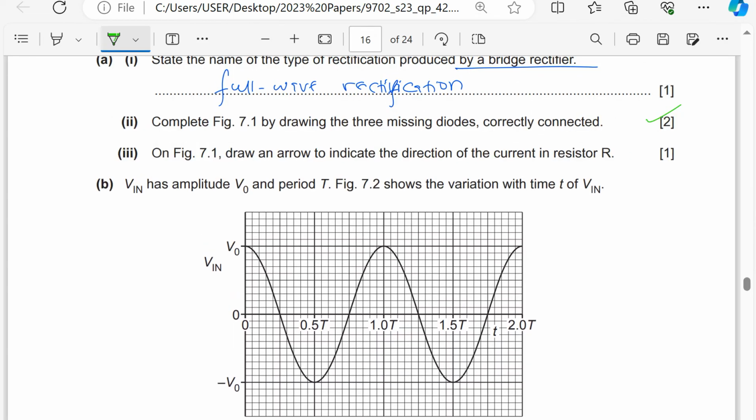I'll start with this. If this is V in and it is full wave, it is not half wave rectification. V out, of course,